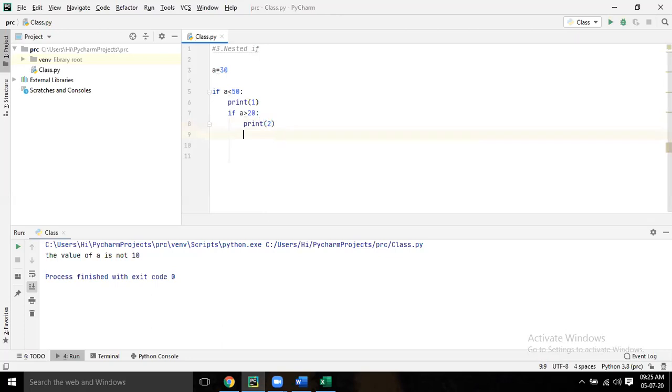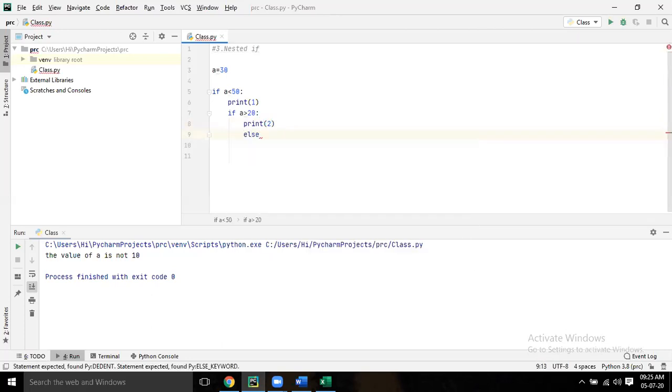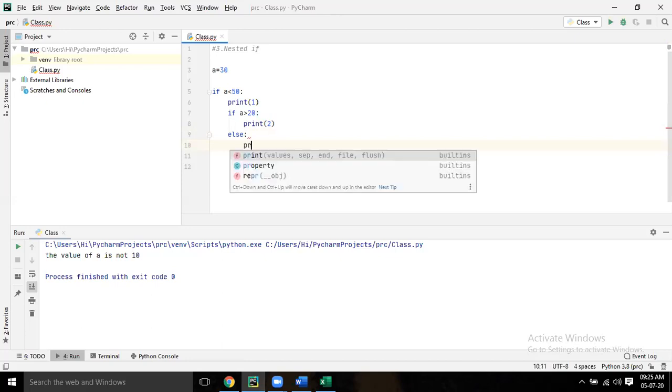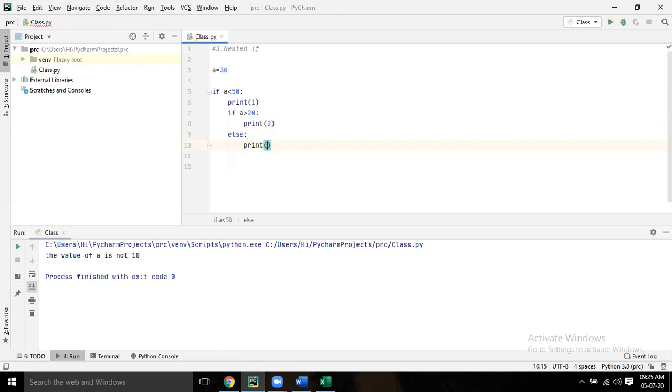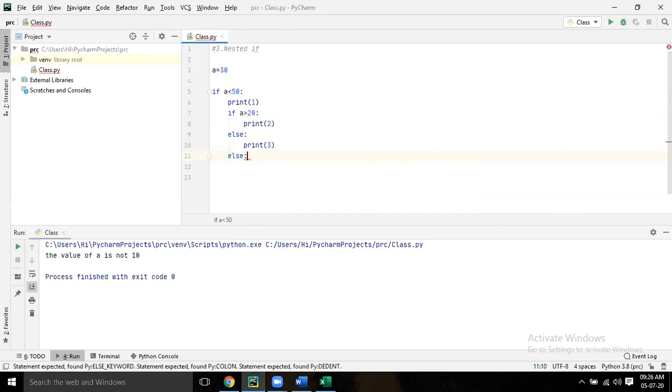Enter. Else colon, enter, print 3, enter, else colon, print 4.